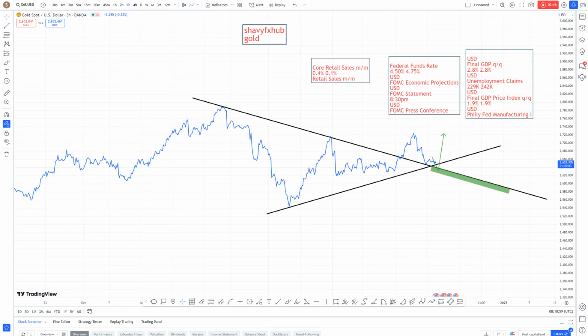So it's important and it matters a lot to us. It's also a sign and a primary gauge of consumer spending. You need to see how much people are spending in retail stores. We look at how people are spending money primarily, and it's very important, as it accounts for the majority of overall economic activity. So we keep that in mind that core retail sales will be coming and the retail sales will follow after by 3:30.